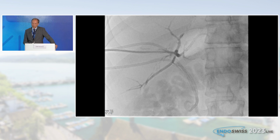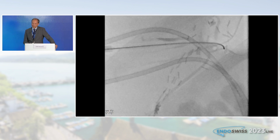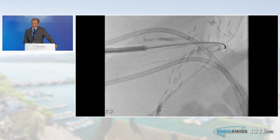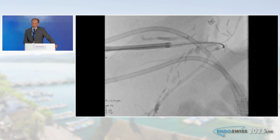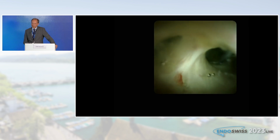And what we can do in these cases, we inject here contrast. You see no flow of contrast into the CBD. We advance a sheath over the wire. A 12 French sheath is enough. And then we insert a SpyGlass Discover, so a shorter 65 centimeter long cholangioscope. And we can nicely identify the radicals here